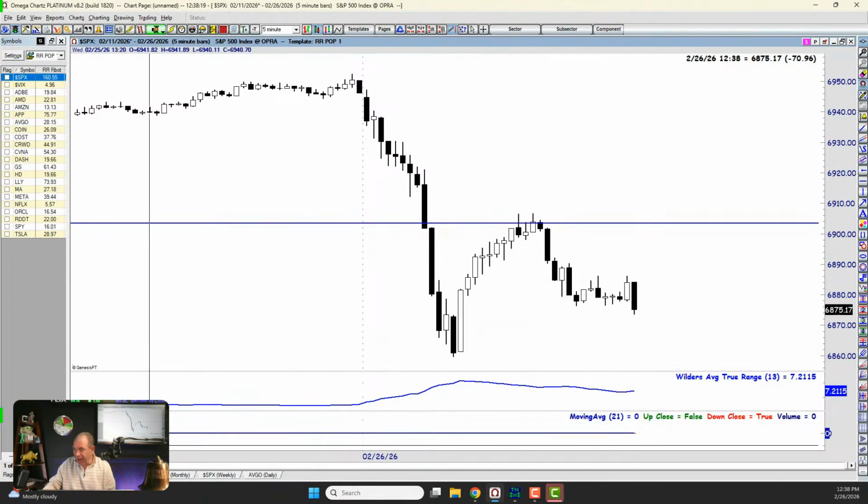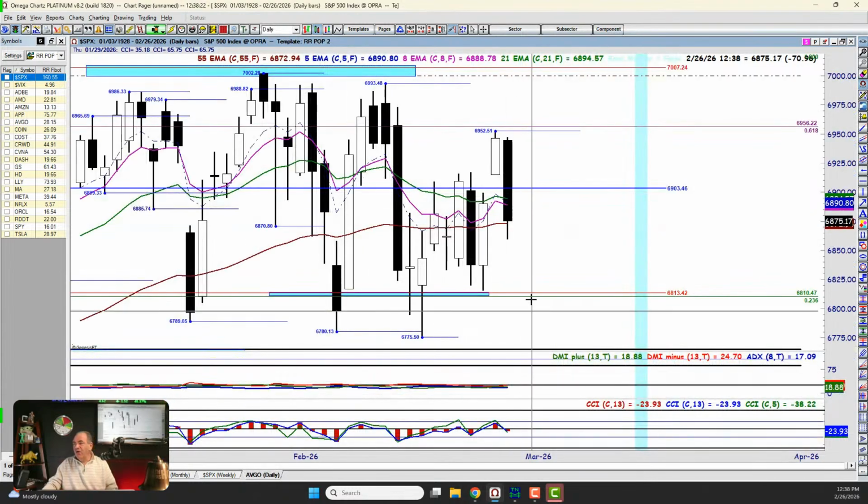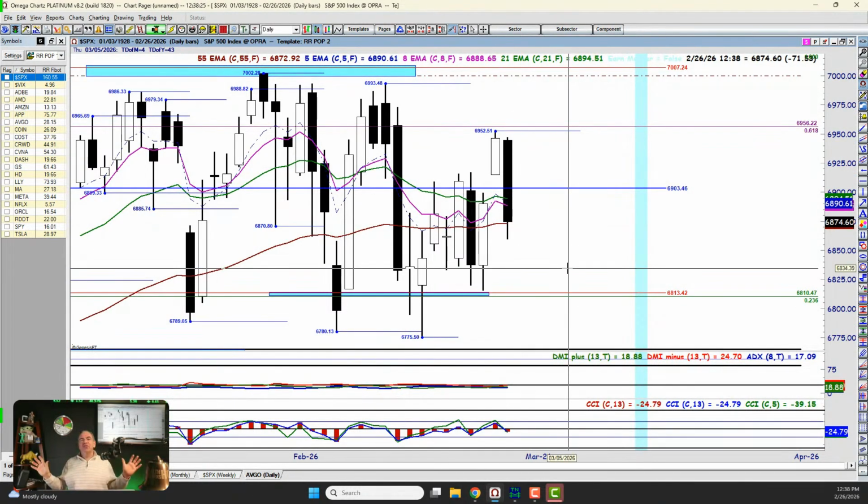So if we go back to our daily chart, what are we looking at then, right? Well, right now, if I close where we are, if this is our closing price for the day and we were done, we're in a neutral bias right now. What does that tell me? Nothing. I got nothing going on. I'm not bullish. I'm not bearish. I'm very I don't know-ish. I don't have a direction right now. And we need to find that direction, right?